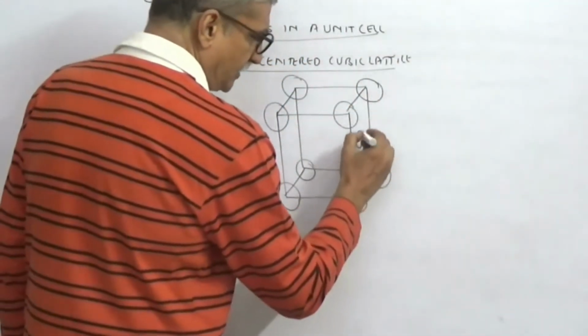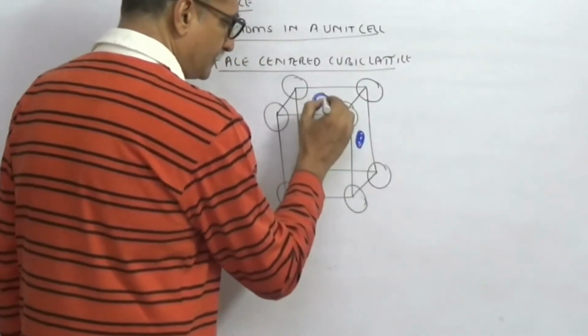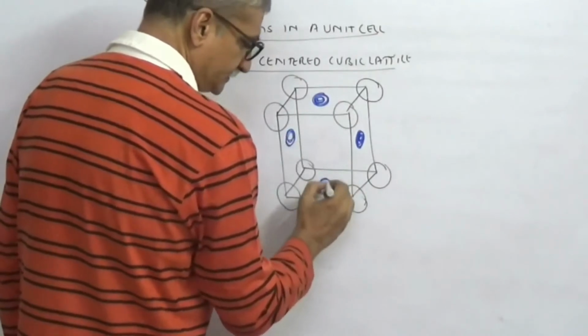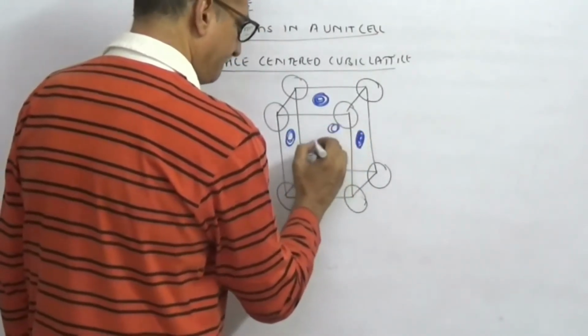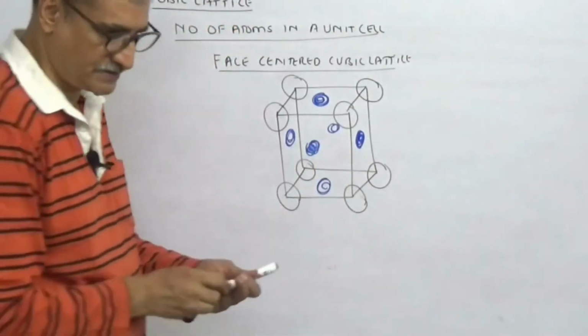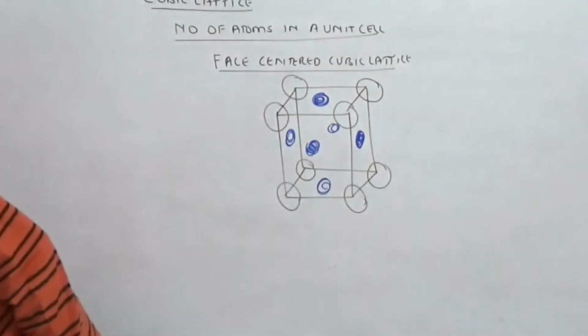6 faces. So this is one, 2, 3, 4, and then the center of this one will come, the center of that one will come. So they are present in 6 faces. So what would the model look like? The model is very, very important in these cases.